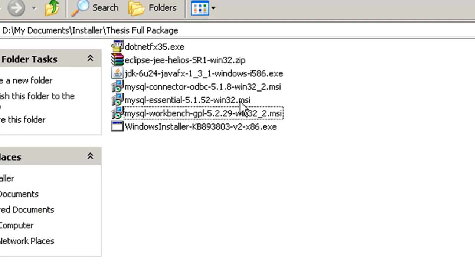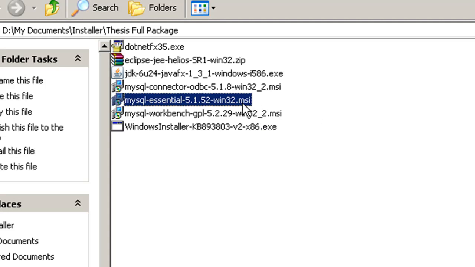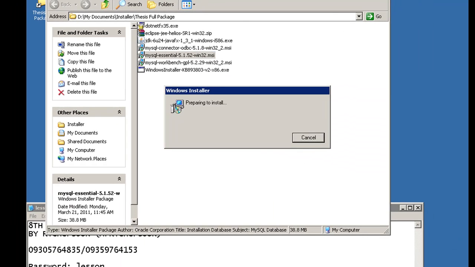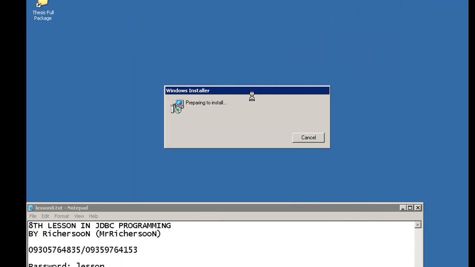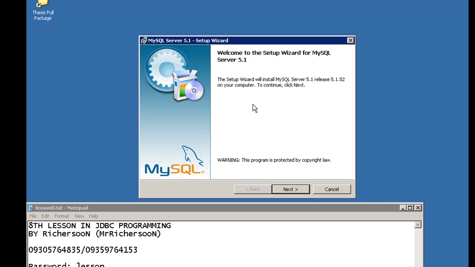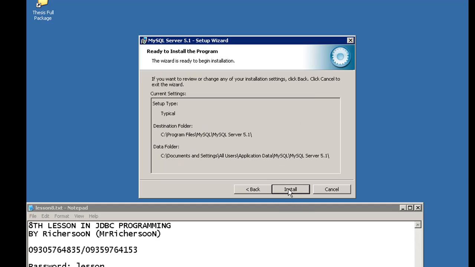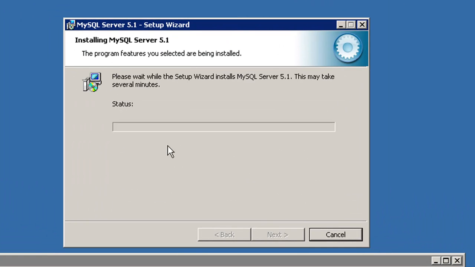First we must install MySQL Essential. This is the MySQL itself, so first install it. Installing this is like a regular installation of software. Typical, just hit next.